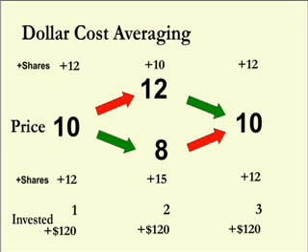Most investors have heard of something called dollar cost averaging. It's usually touted as one of the advantages of investing across time to a portfolio, and indeed it sure looks advantageous. In fact, it seems like you buy even more when the price is down than when it goes up. And to make this perfectly clear, if we had, say, $120 coming in each month, we would be investing at,